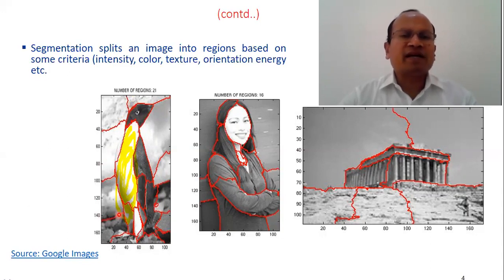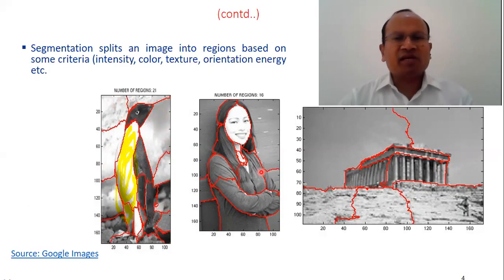The values have been assigned in the same region. Like you can see, these are the different regions. This is a different region. This is a different region. If you go to the second image, similarly, you will find that, as you can see, the face of a person is the same region.